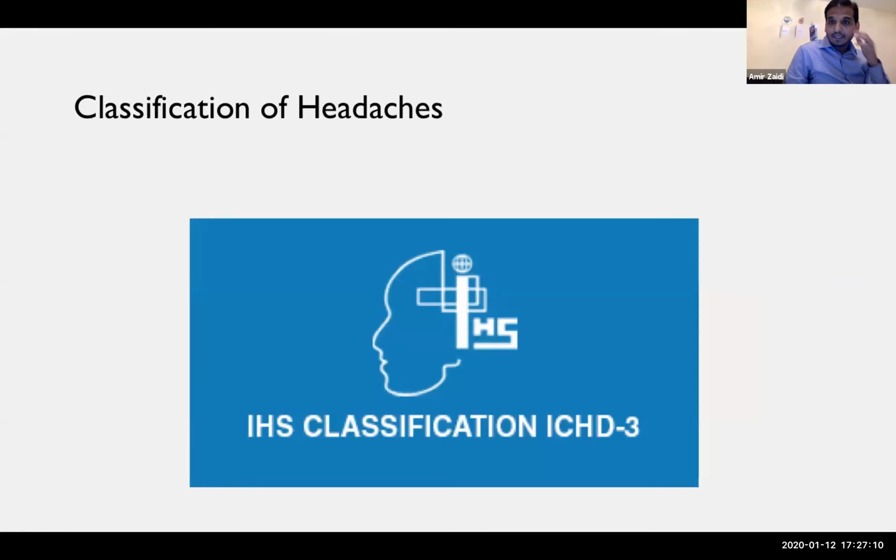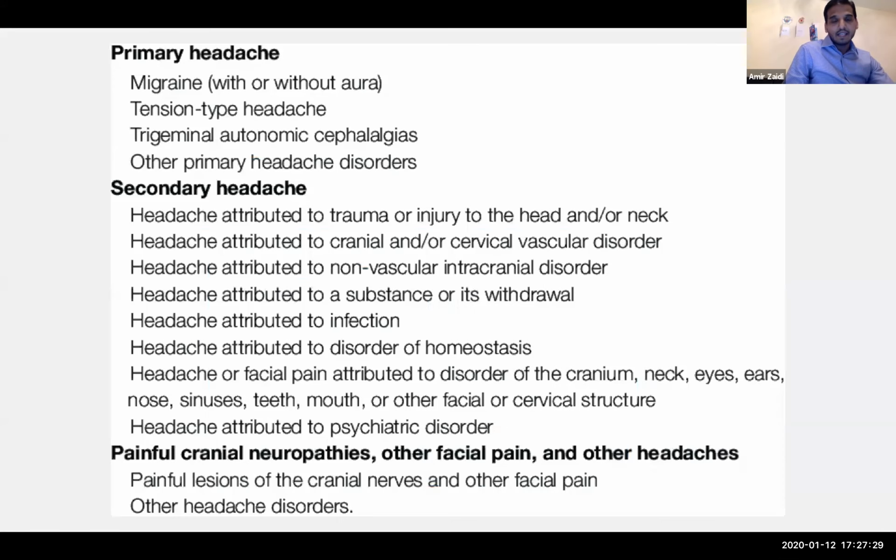Classification of headaches. The International Headache Society published the classification ICHD, the International Classification of Headache Disorders, last year. They normally update the classification every few years. They classified the headaches in the broad range as primary headaches and secondary headaches. The most common primary headaches are migraine, with or without aura, tension type headaches, trigeminal autonomic cephalgias, and other